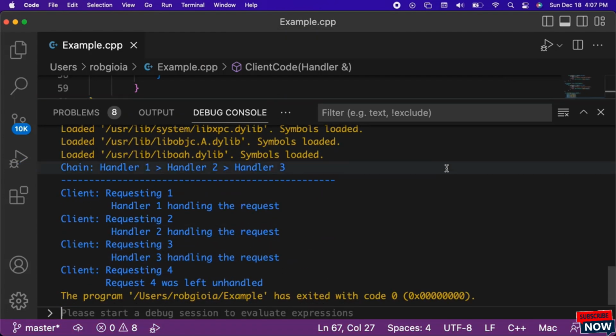When we run the code, notice that handler1 handled request 1, handler2 handled request 2, handler3 handled request 3, and request 4 was left unhandled, since none of the handlers in our code are able to handle a request with a value of 4. The chain of responsibility pattern is best used when our program should be able to process different types of requests,